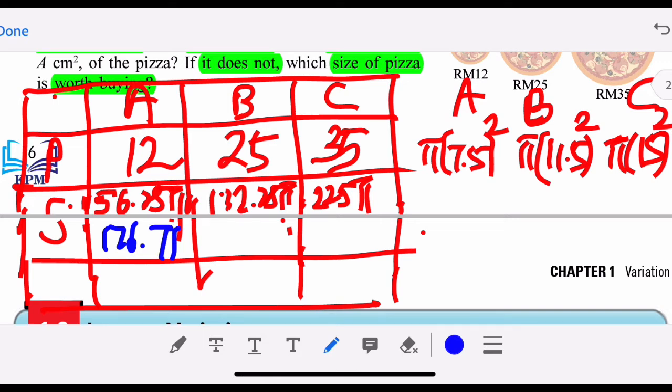Then this one is actually 132.25 pi times with the pi from the calculator. I will get 415.48. Then 225 times the pi from the calculator, I will get